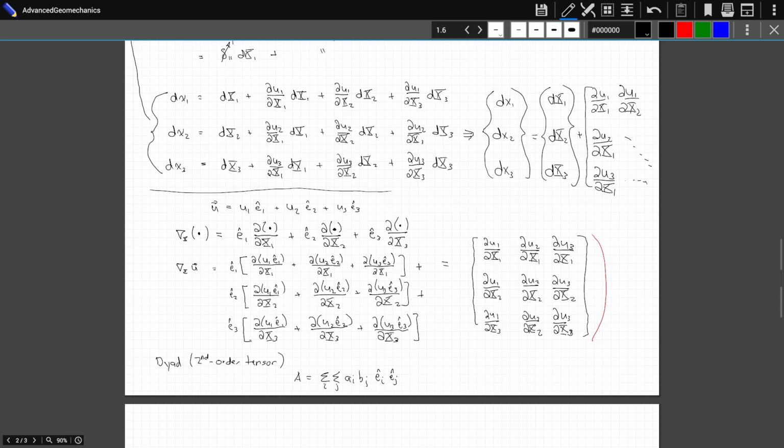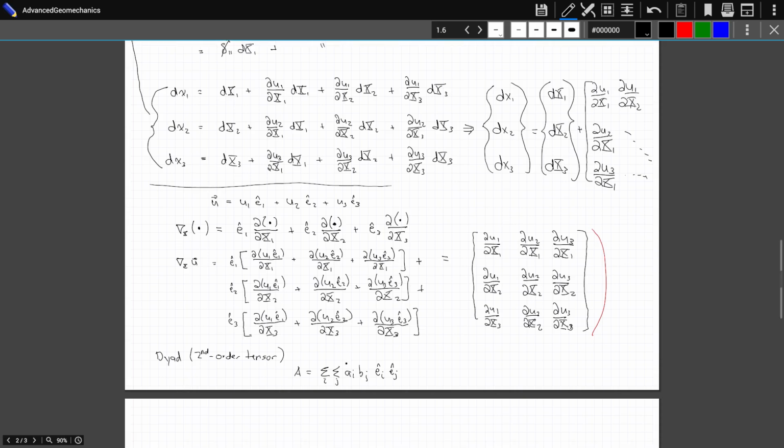Because this would be a scalar, but this thing right here is a second order tensor. And what I'm trying to do is write just the second order tensor. Yes, there would be the unit vectors over here too, to write the whole equation. But yeah, just